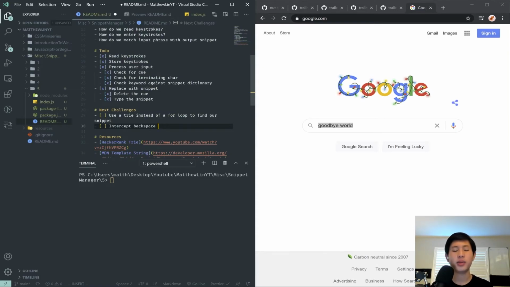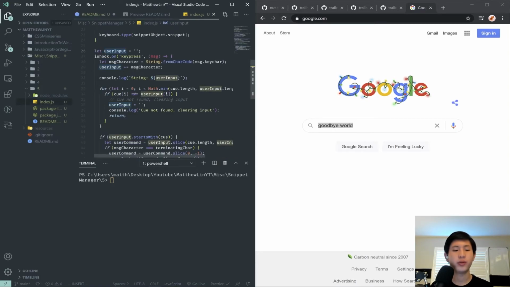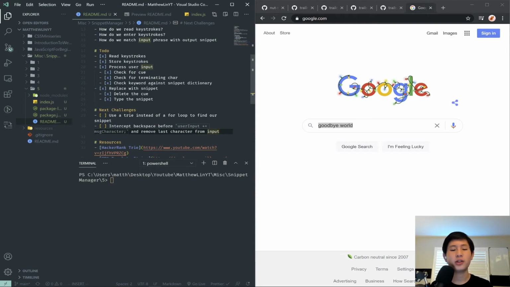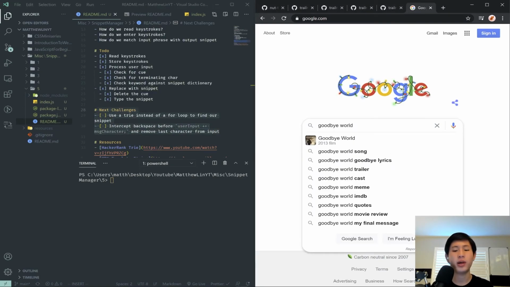So intercept backspace before we run this right here, and remove last character from input. So I guess those are two of the next challenges, and both of these are actually implemented in my version of the program, and just adding these two components would basically mean you have my Snippet Manager program,